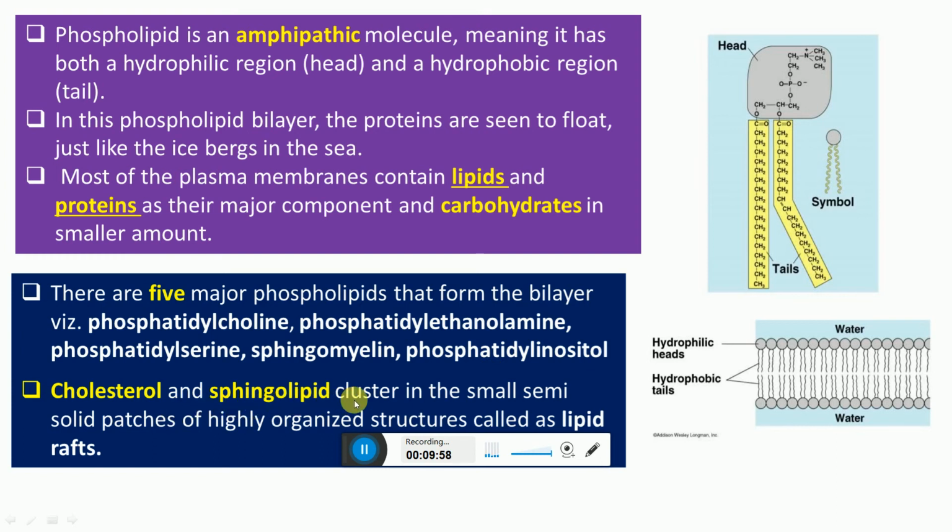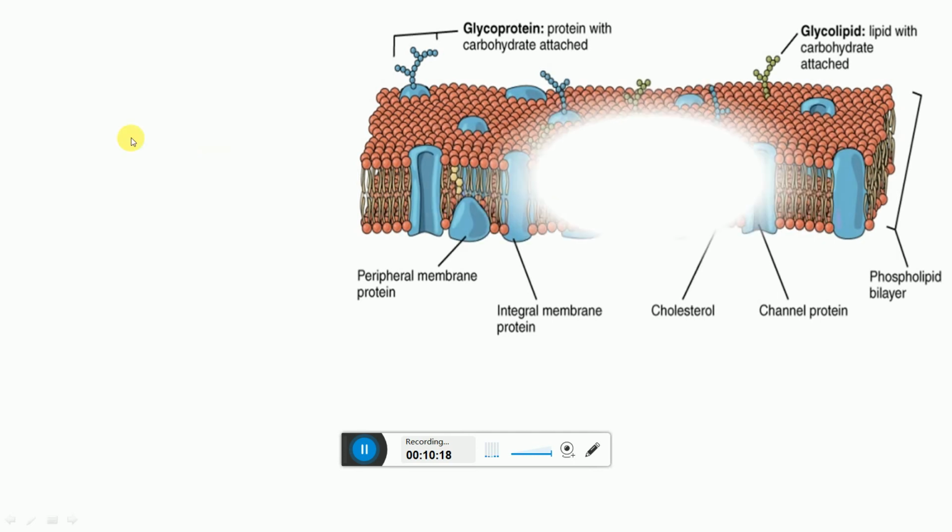Cholesterol and sphingolipids cluster in small semi-solid particles, highly organized structures called lipid rafts. So this is the structure: these are the head regions, these are the tail regions. They are hydrophilic heads and hydrophobic hydrocarbon tails. So this is the structure of the